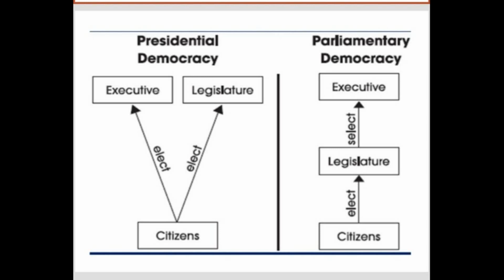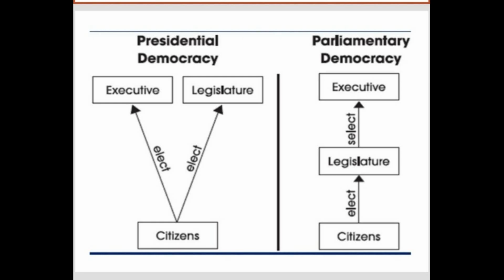The party which got the majority share of votes directly elects its leader. So in parliamentary democracy, the real executive head is the prime minister, and he is elected by the members elected by the citizens. There is no separate voting process. It is just the leader of the party which has won the election who will be directly elected